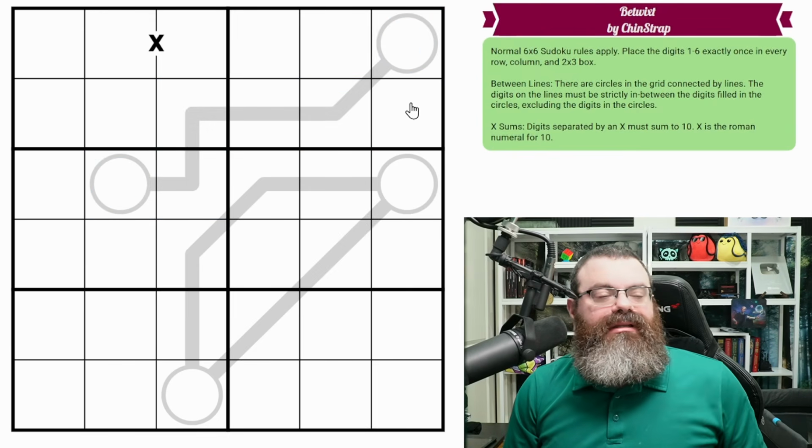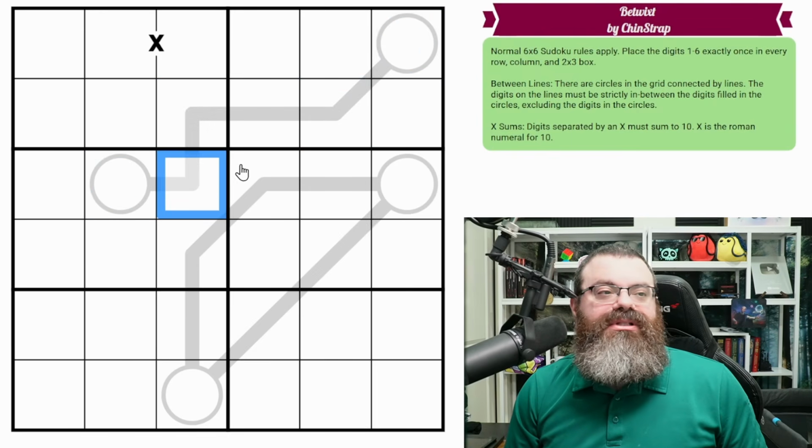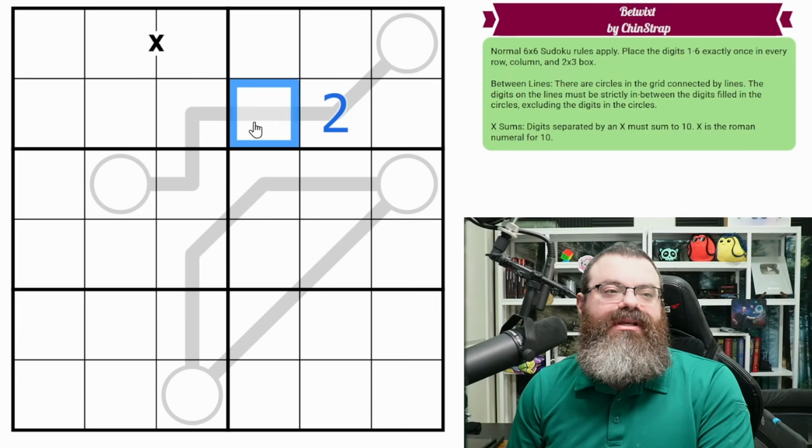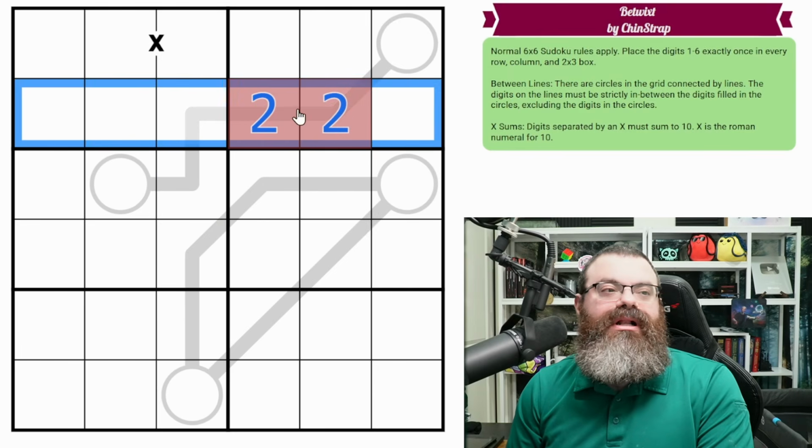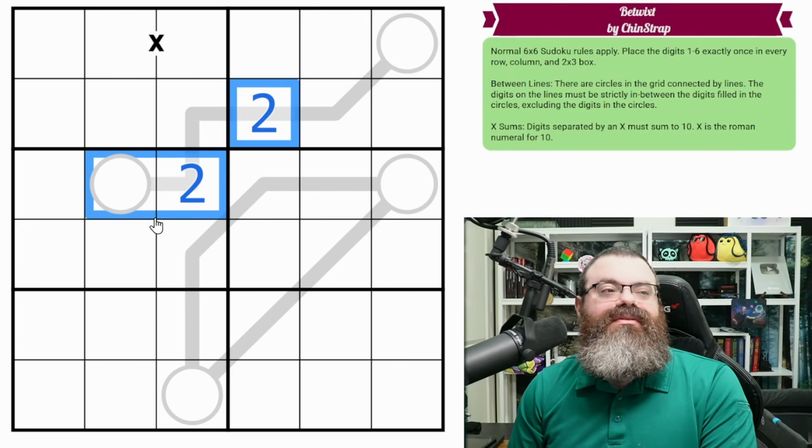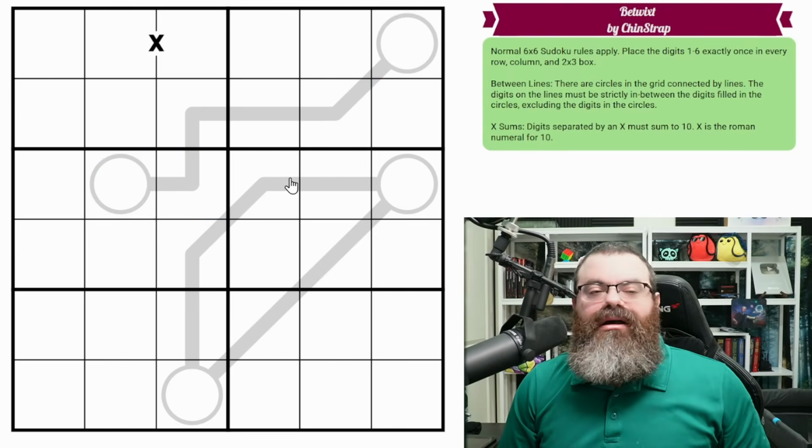Digits can repeat as long as Sudoku rules allow. So like these two digits can't repeat because Sudoku would say no. But like this can be a 2 and this can be a 2 and that's perfectly fine. All right. We also have